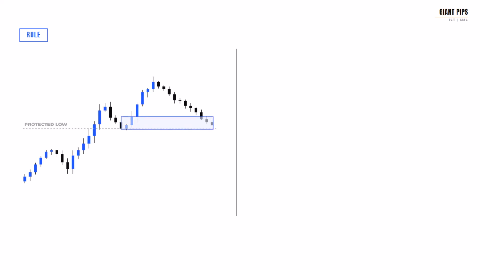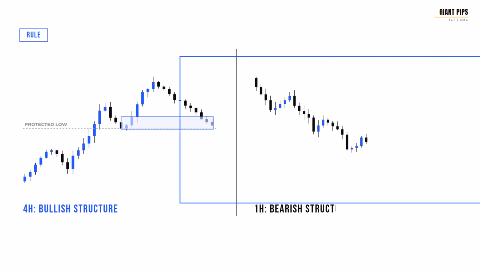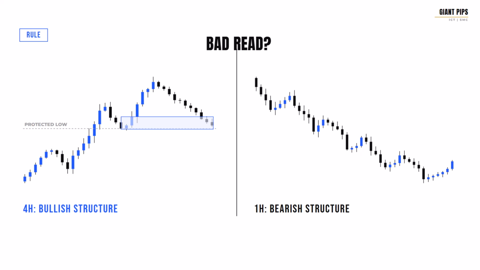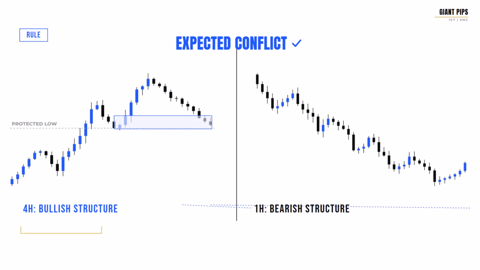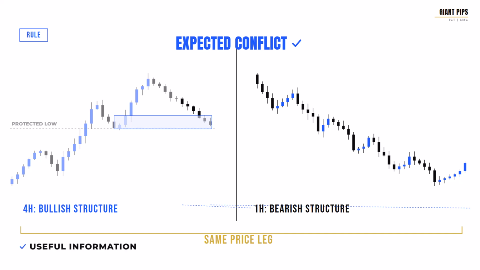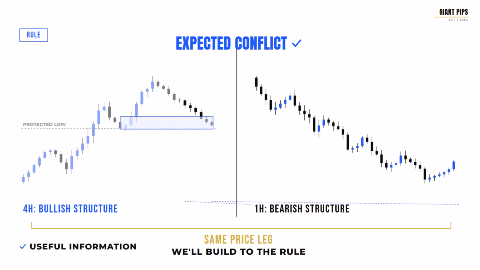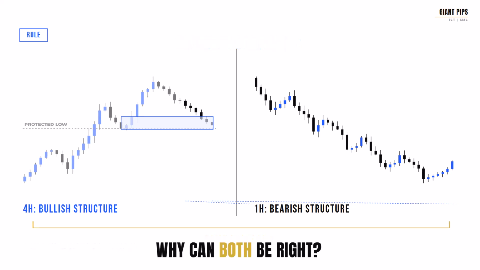And you'll get a rule for the situation that causes more hesitation than anything else in multi-time frame trading, which is what to do when the 4-hour says one thing and the 1-hour says the opposite. That situation isn't a flaw in your reading. It's guaranteed to happen. It happens for a specific structural reason, and once you understand the reason, it becomes one of the more useful things your chart can show you. We'll build to that properly, because it deserves more than a sentence.